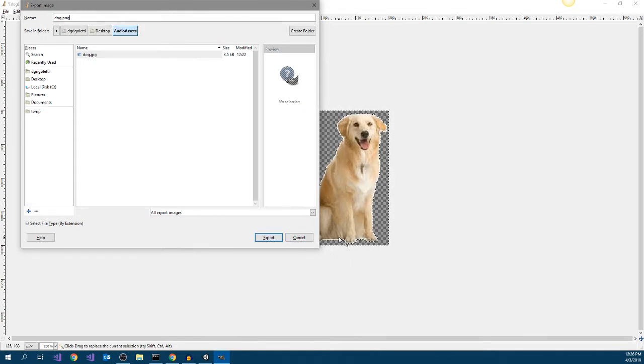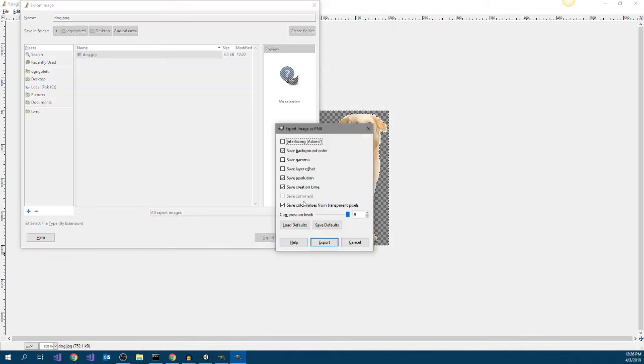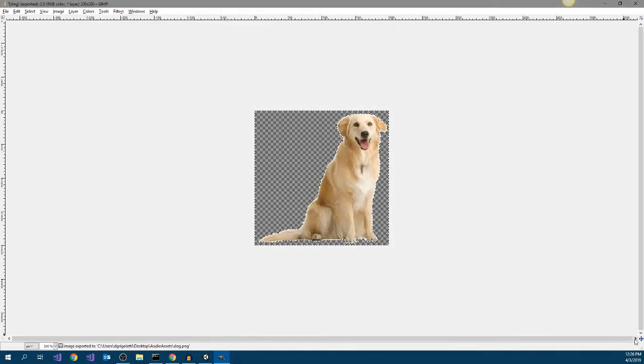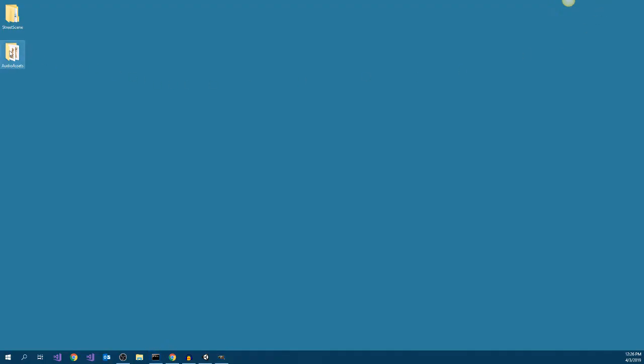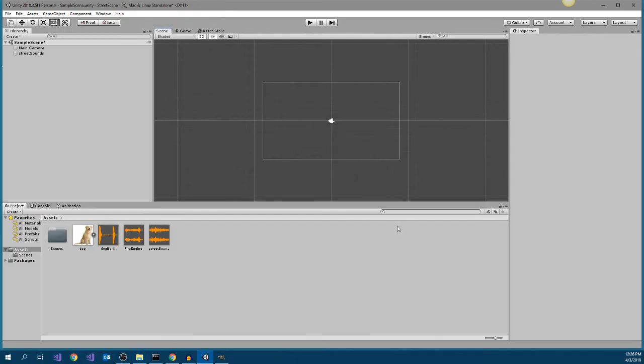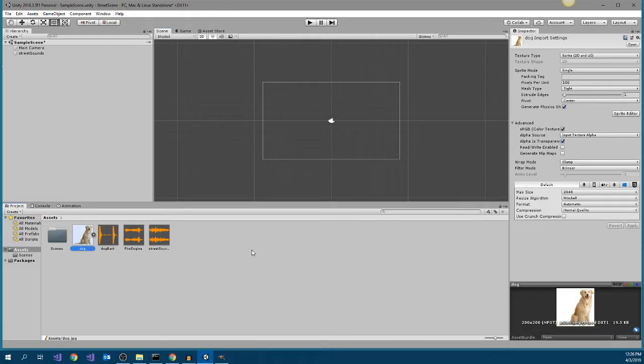So we then export, and it should go to the same folder that you've been using. You can take the defaults for now. So we're going to export all of that, and then if you minimize this and look in the audio assets, you'll see two versions of dog. If you hover over it, you'll see this one is the PNG and this one is the JPEG. So if I go back into Unity, I don't want this one anymore,